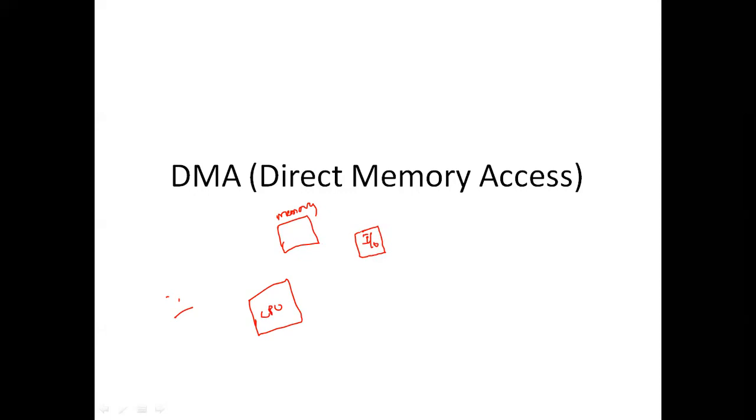If the IO device wants to do any read or write operation, first it will contact the CPU. This is the first cycle. In the first cycle it is going to contact the CPU, and the CPU will then do that action. This is the second cycle. If any IO operation has to be done, we need two cycles compulsorily. So for each and every operation we need two cycles compulsorily.